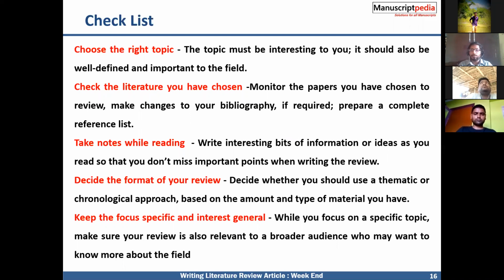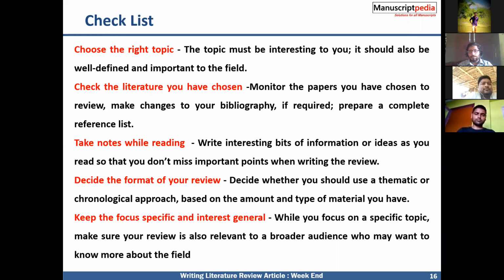So finally, this checklist you have to check after writing everything. Just go to this checklist and check. There must be a proper title. In normal research work, the title will be like a study on, or an experimental investigation, or statistics. But for a literature review, the title will be like state of the art, or a study on experimental work on a certain topic, a review. So the title will vary a little bit from other research work.